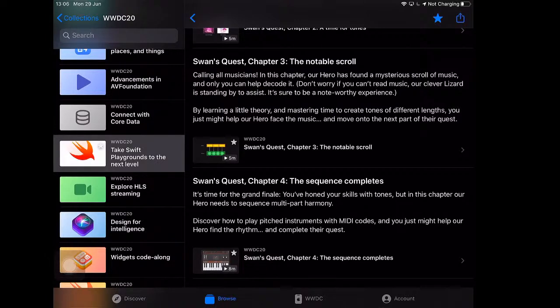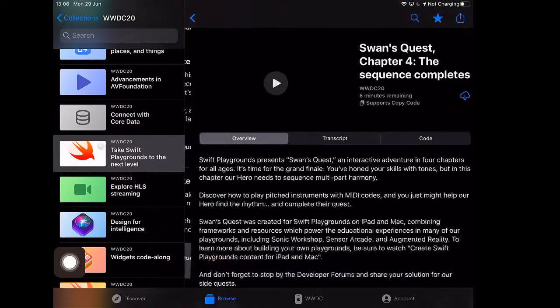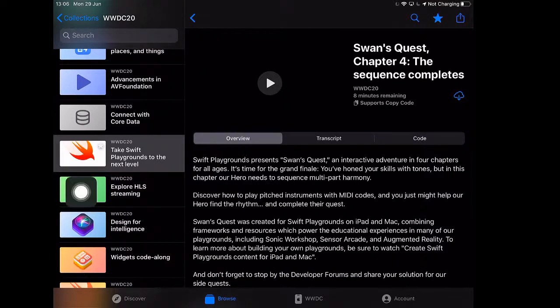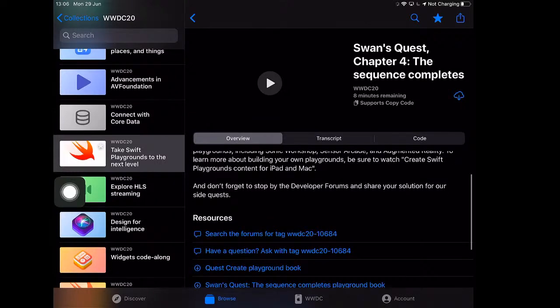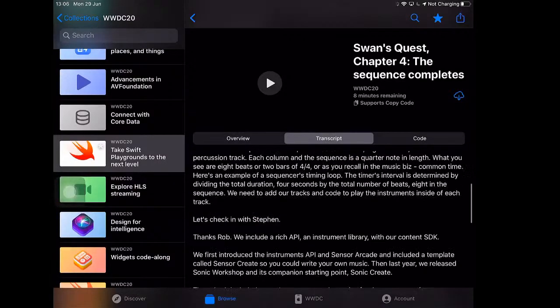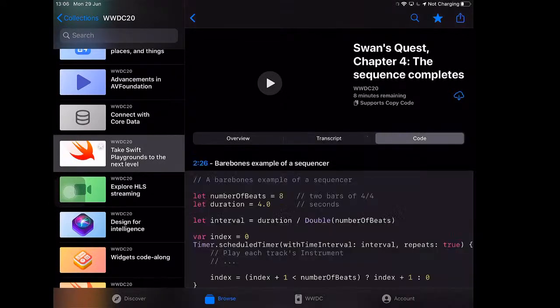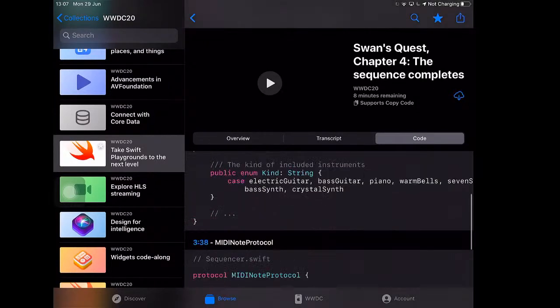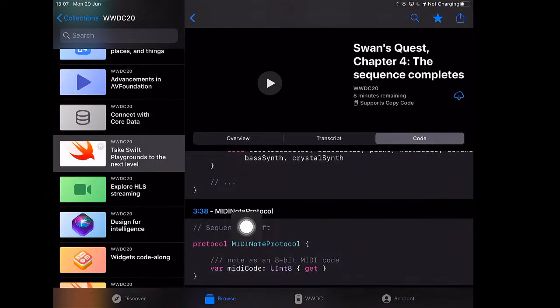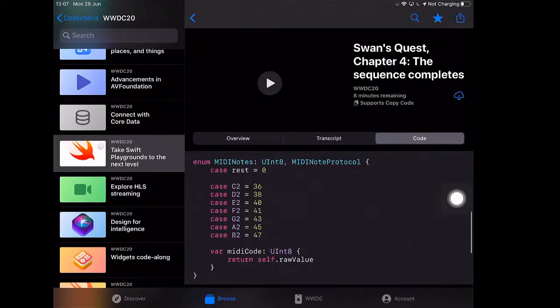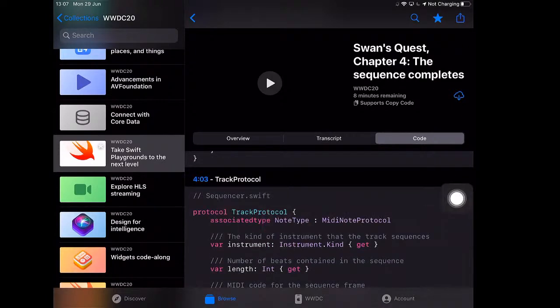So you can get each one of these. If you tap into each one, let's say we go to chapter 4, and tap on this thing down here, we can see that we get the overview of the playground, what they intend to teach during this session, the transcript of it, which is very useful, and then the code that they show on screen at any given point. And if you tap on the code, it'll actually jump to that point of the video. So we can see at 3:38, they talked about the MIDI note protocol and the track protocol. And if you go back to overview,